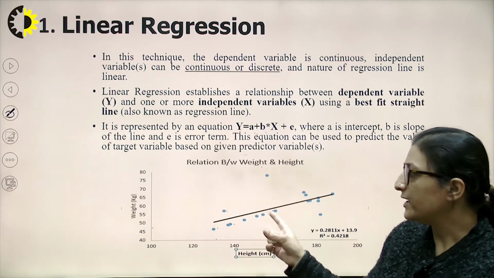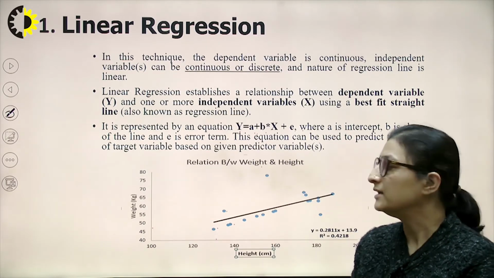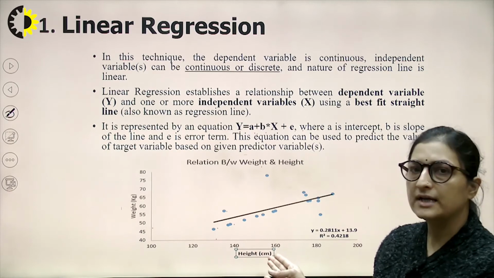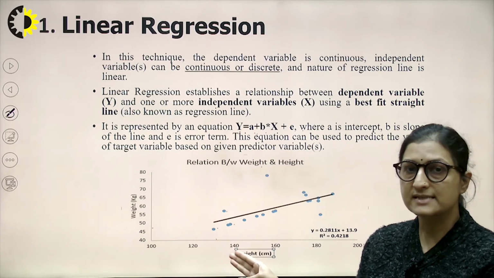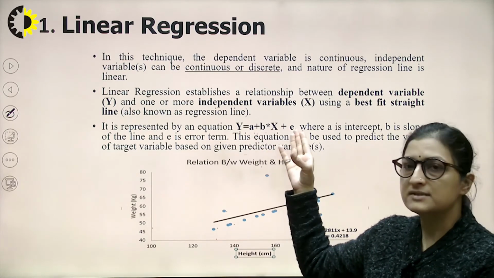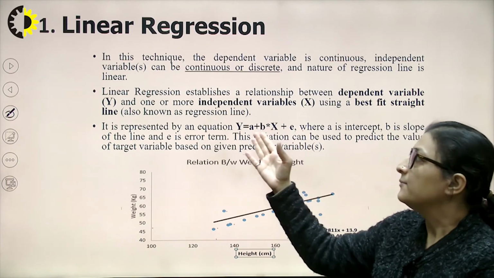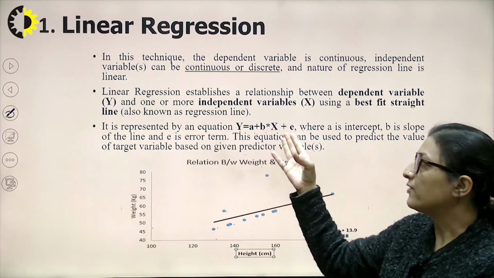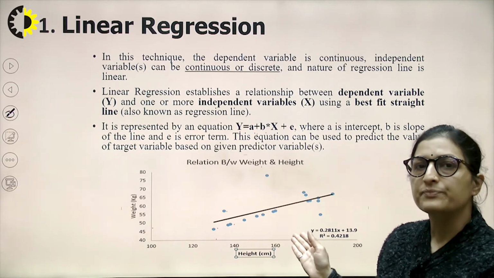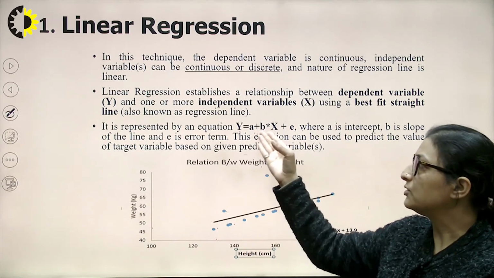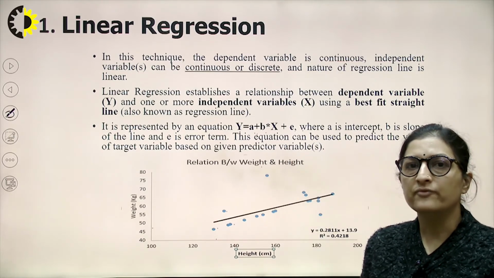If two variables are weight and height, height is the independent variable and weight is the dependent variable. If I can calculate weight on the basis of height of a person, and the relationship between these two variables is linear and can be represented by such a linear equation, then I will call this a linear regression technique, where I can make predictions of weight on the basis of height if we have such kind of data. This data can be used to model the regression model, and then I can use this equation to make the predictions for the weight. So this is an example of linear regression.